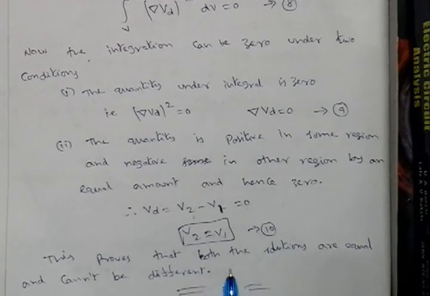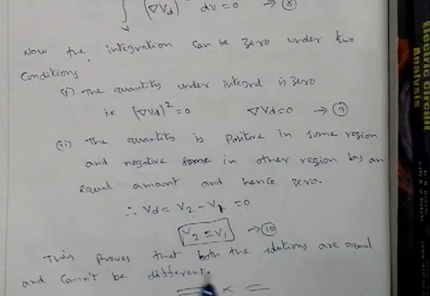This proves that both the solutions are equal and cannot be different. So as per the statement of the uniqueness theorem, whatever solution you obtain by any method, it is the same as per the Laplace equation. That is called uniqueness. Uniqueness means the values must be the same whatever method you apply for the boundary conditions problem. So this is about completely module 3, the first part of module 3. The two theory questions are the derivation of Poisson's and Laplace equation and the uniqueness theorem. The rest of the things are the problems only.